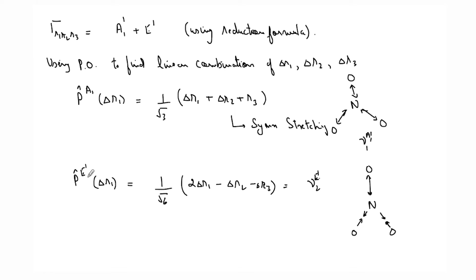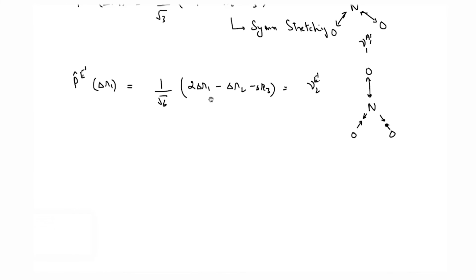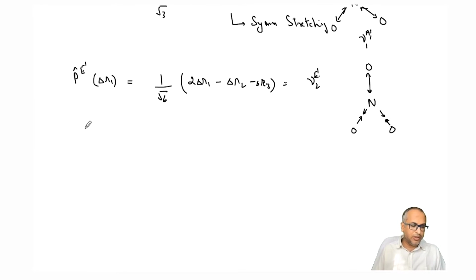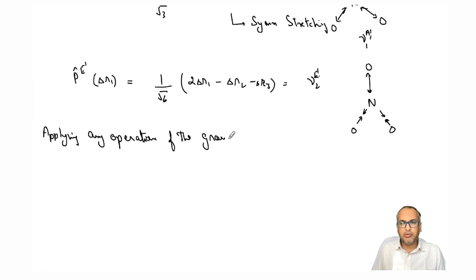Now you should get two linear combinations here which are orthogonal to each other. We have already got one. So how do you get the second one? To get the second one, again it is not trivial and you need to use hit and trial. One of the methods is, if you remember, there were three rules. If we apply any symmetry operation of the group on the above function, it must lead to